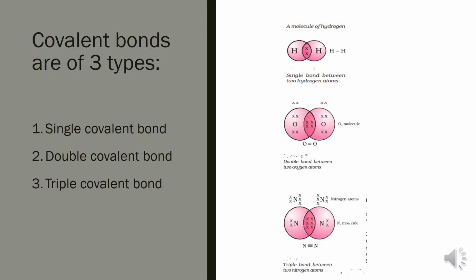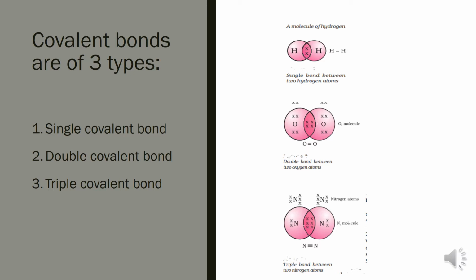Children, about the covalent bond, I told you the chemical bond formed by the sharing of electrons between two atoms is called a covalent bond. The sharing of electrons takes place in such a way that each atom in the resulting molecule gets the stable electron arrangement of an inert gas. That means if two atoms are participating in sharing, then both the atoms will get a complete octet.